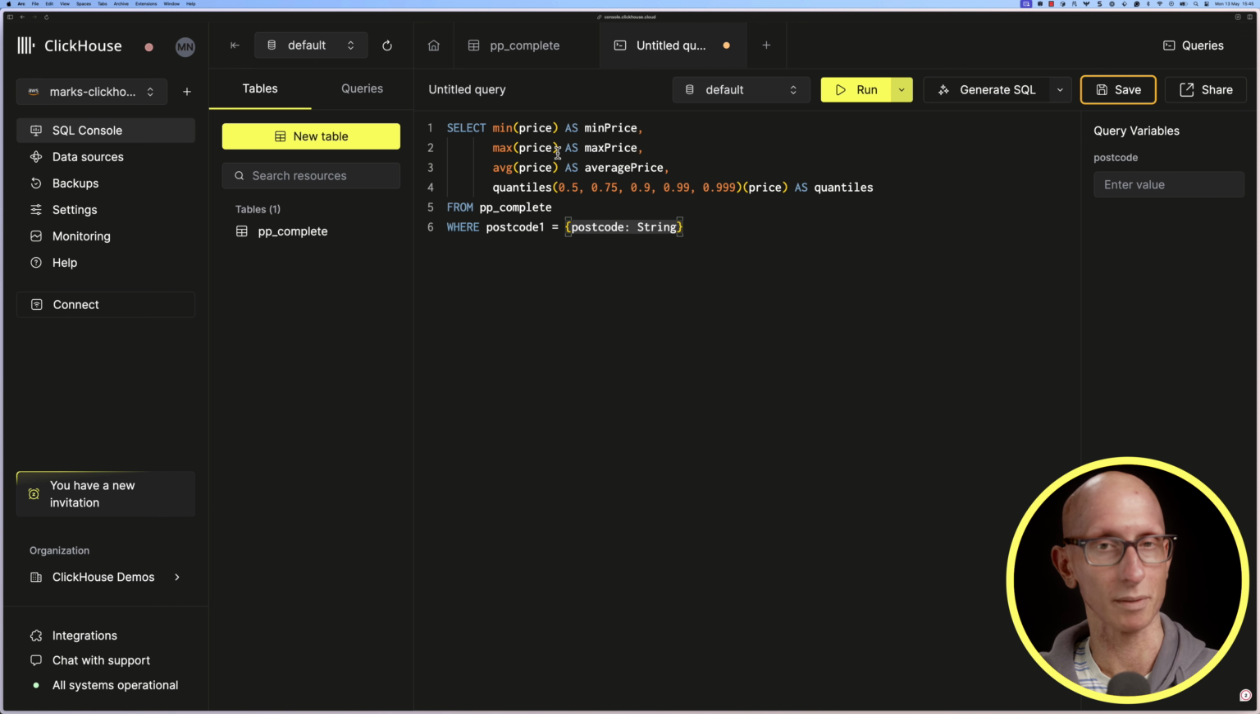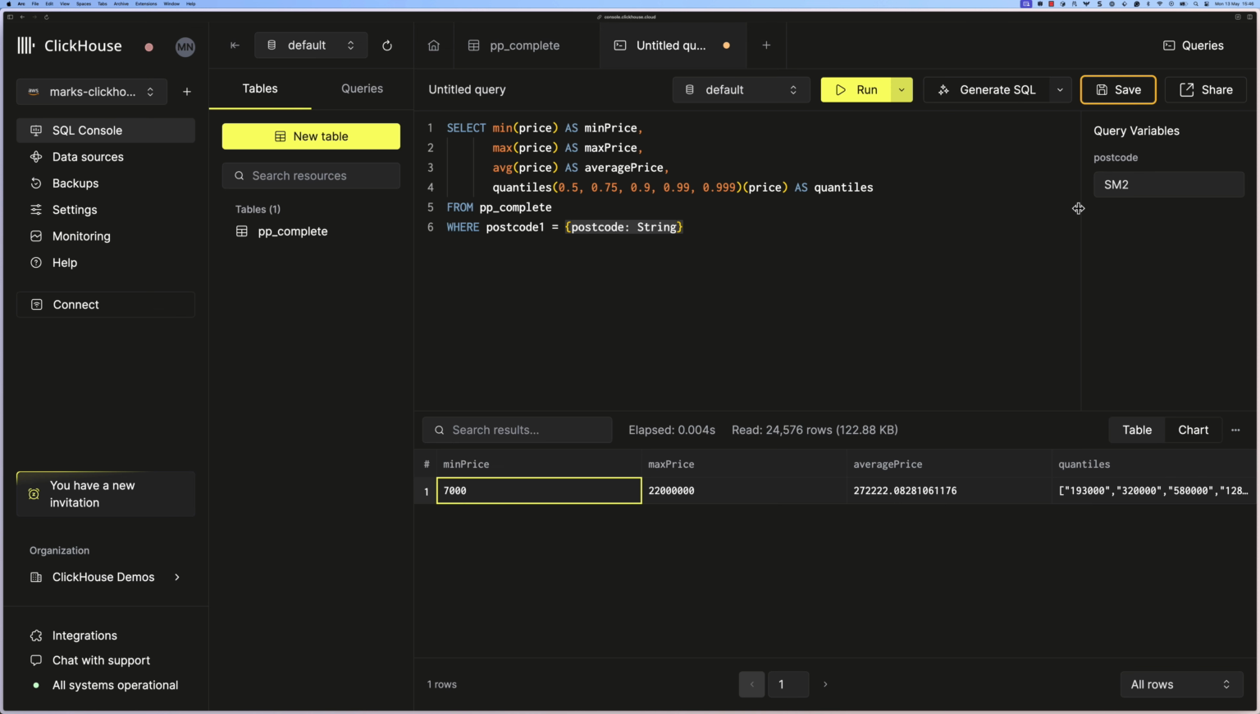We'll notice that when we pass in a parameter as part of the filter clause, it then on the right hand side parameterizes that query so that we can pass it in there. So I'm going to put in the postcode near my house, and you can see it comes back with the minimum price of a house sold around here. I'm sure that must be wrong. That must be some bad data. I'm sure there isn't a house sold for £7,000, but you can then see the max, the average, and the